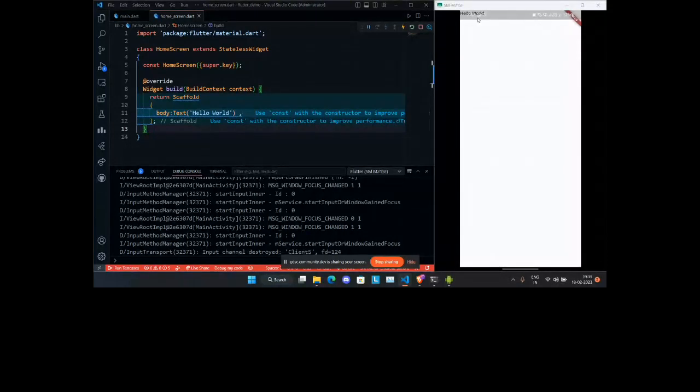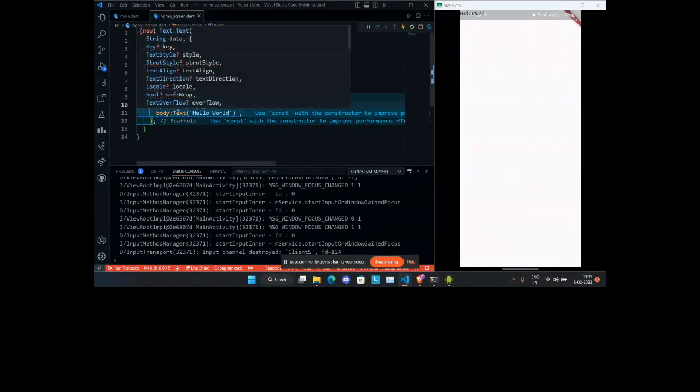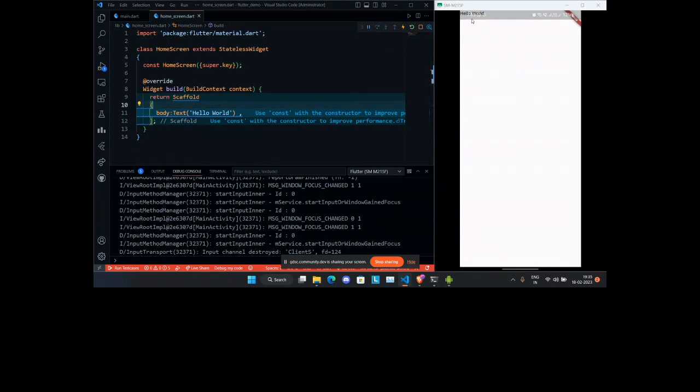What all of you have to know is that Flutter is a declarative UI development kit. All of the things that we are writing here are declarative UI. Whatever you write in this build function is going to be reflected on the app. Now, to bring this hello world to the center of the app,